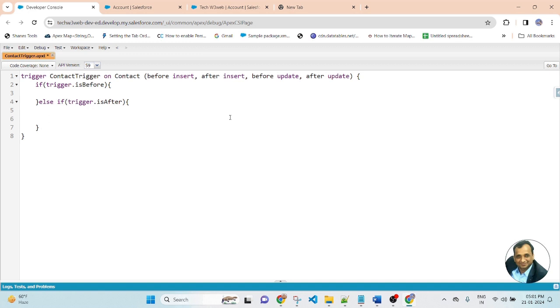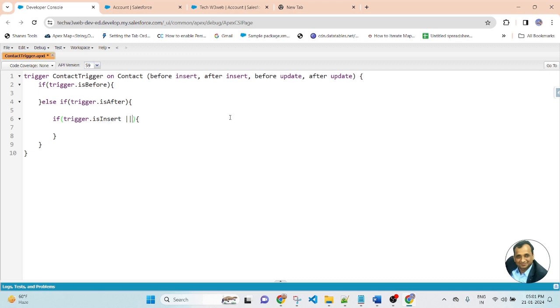Before executing the trigger logic, I will use a context variable: if trigger is insert or trigger is update.